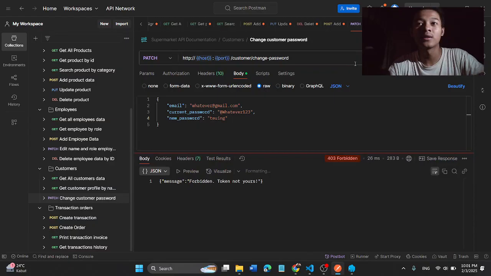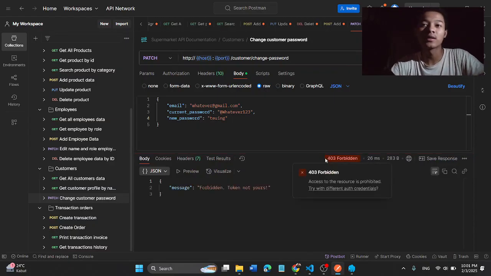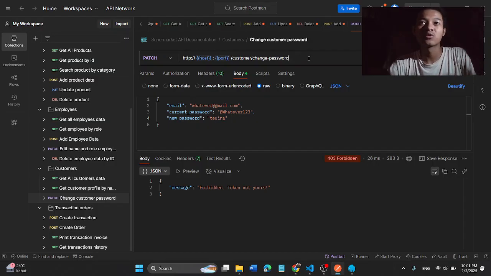What will happen? So we got a 403 response status with the message forbidden, and the response message is forbidden, token not yours. So we need to specify the right token. If we want to change the customer password, let's say I am the customer and I want to change my own password.